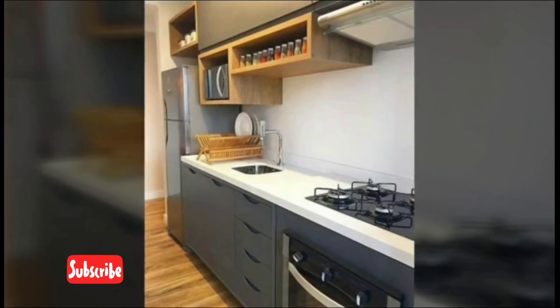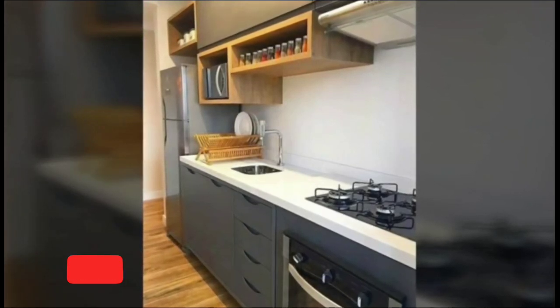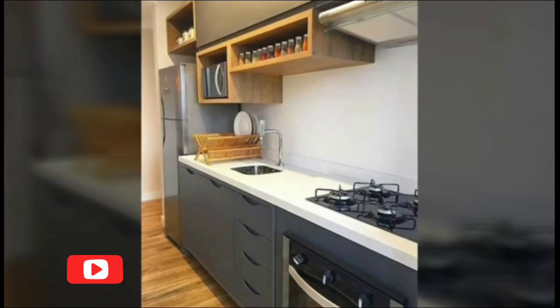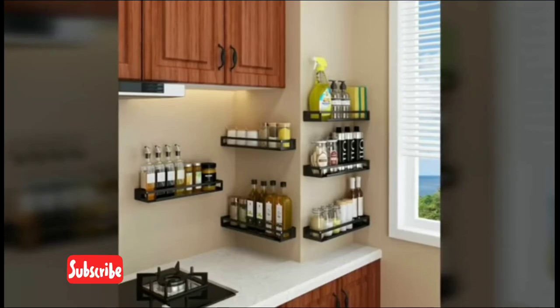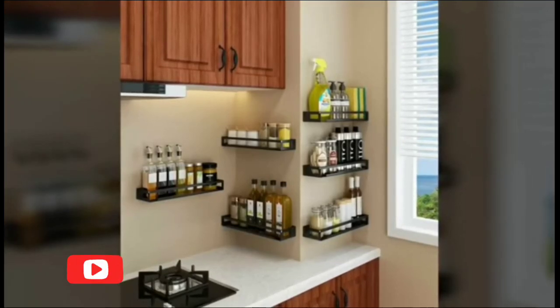Put a small utility cart to work. It is actually perfect for Instant Pot storage. They have a small footprint but still have